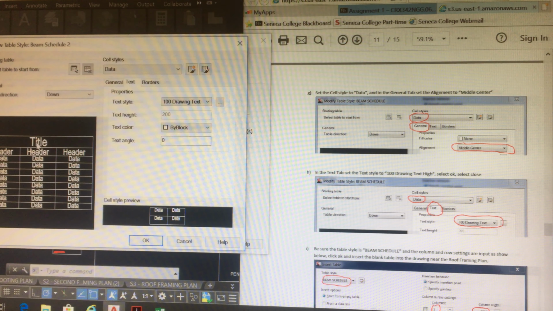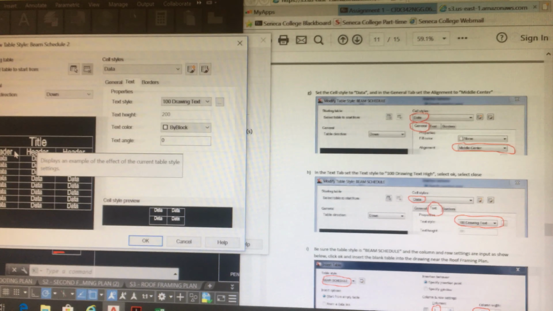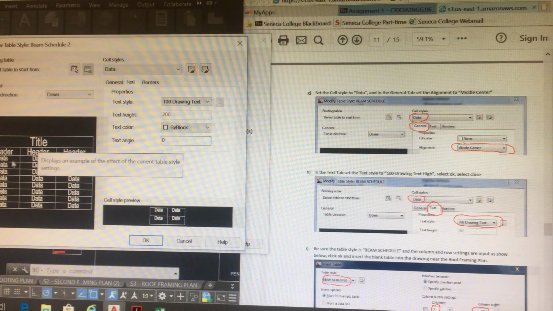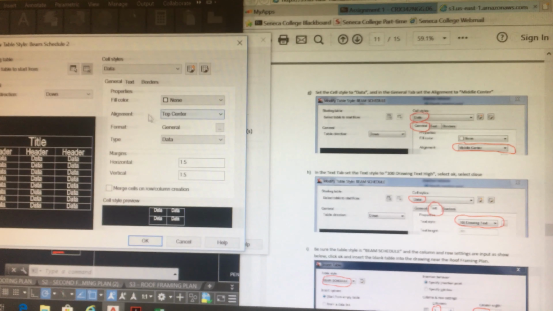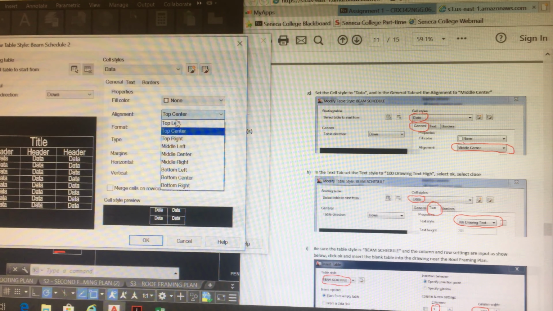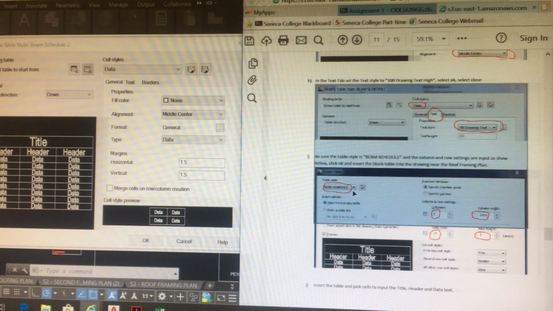So what is gonna be the size when I plot for the title? What is title text size when I print it? 3.5 for the title, for the header 2.5, and for the data? 2. Exactly. In general over here, I also gonna say the alignment of my data, I want it to be, I think it says middle center. And then it asks me to,